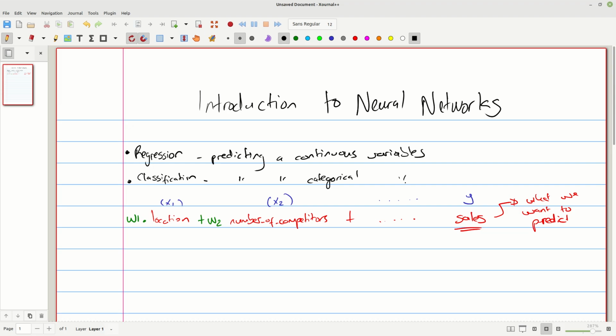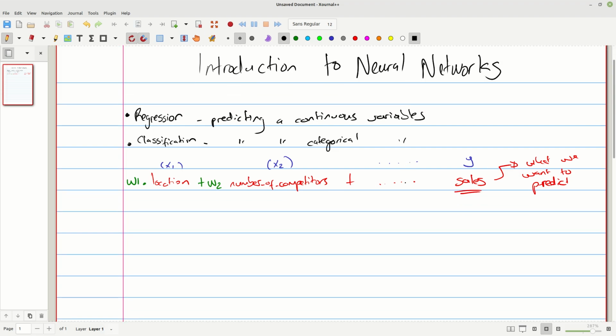Another example, which we'll actually be working with when we build our own neural network in the next lecture, is analyzing digitized images of cancerous cells, and you're trying to determine whether those cancerous cells are malignant or benign. Let me write that down to make that clearer. So this was our typical regression problem, right? Let's say instead we're trying to solve a classification problem. So we're analyzing the characteristics, right?